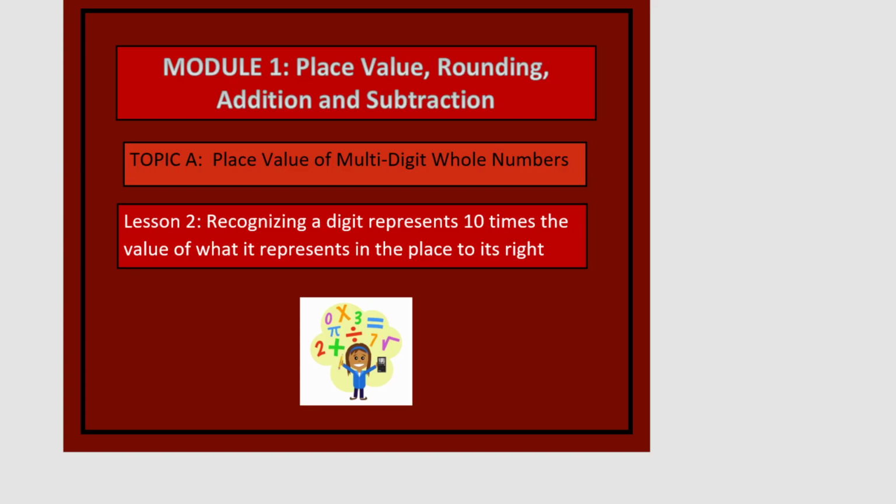This is Module 1, Lesson 2. In this lesson, we'll be recognizing a digit represents 10 times the value of what it represents in the place to its right. For this lesson, we're going to be using the place value chart